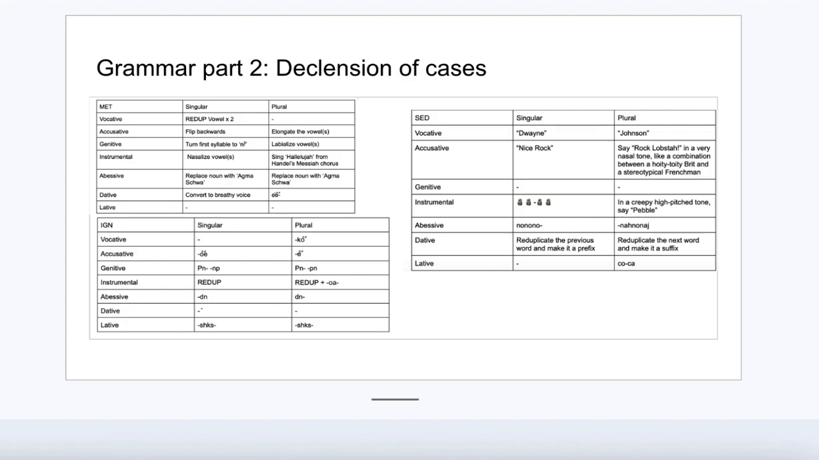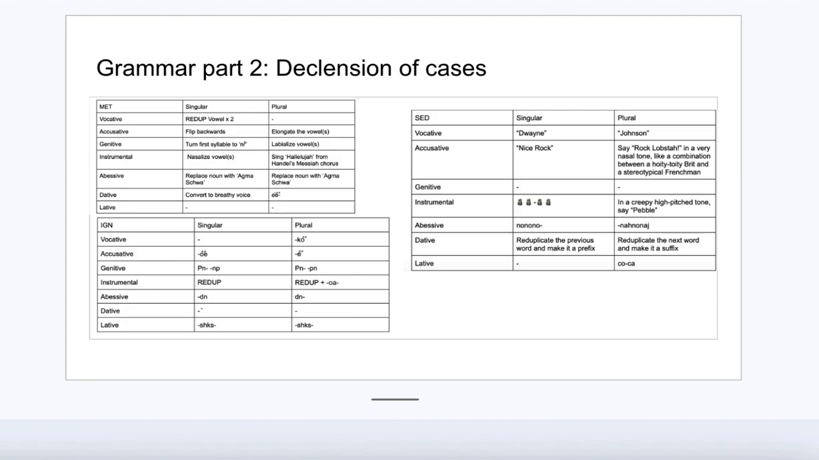Genitive is turn the first syllable to, and genitive plural for metamorphic is labialize the vowels. Instrumental singular is nasalizing the vowels, and plural is singing Hallelujah from Handel's Messiah chorus, which sounds like this: Hallelujah. Just so you know. Abessive in singular for metamorphic is replace noun with Agma, Schwa, and plural is the same thing. Dative is converting it to breathy voice, and plural is, it goes and it goes,